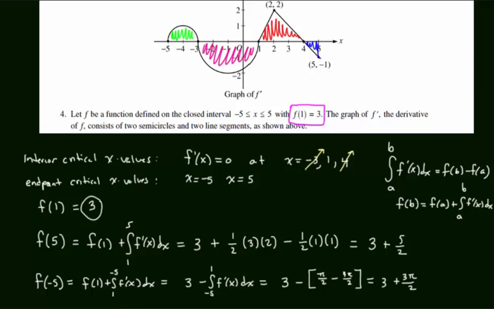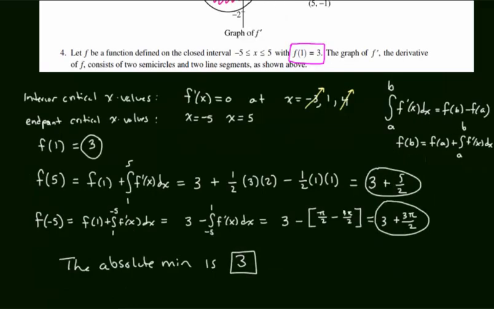Aha! This value here is 3, this is 3 plus, and this one here is 3 plus, so my absolute minimum is 3 by the closed interval test. I do not have to say by the closed interval test as long as I execute the closed interval